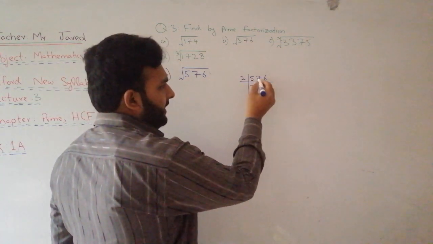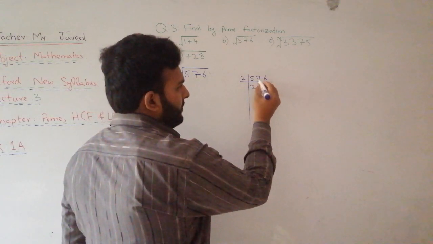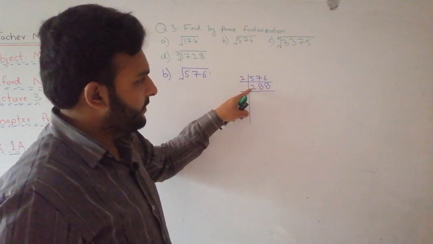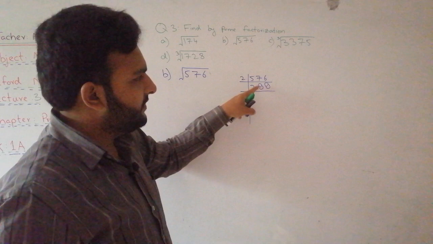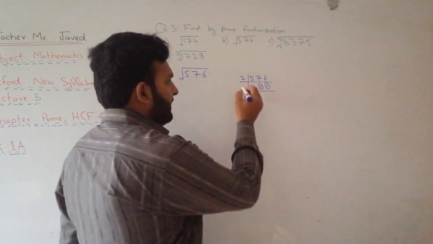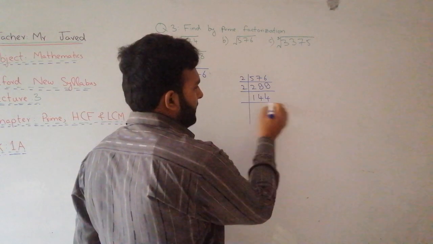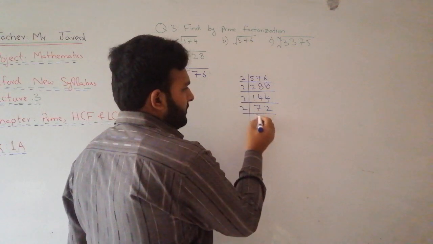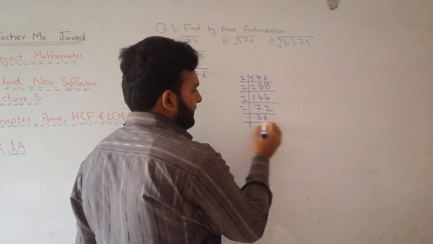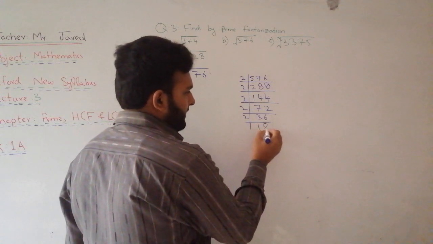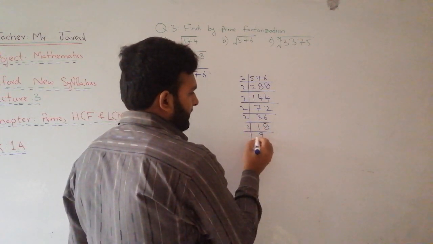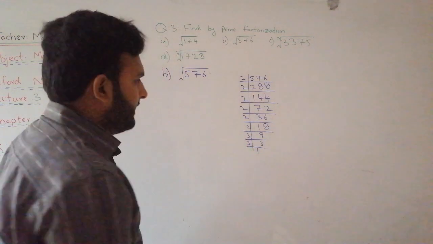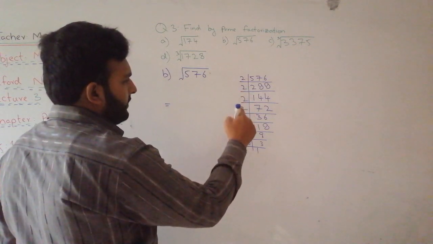2 times 2 is 4, and 2 times 8 is 16, 2 times 8 is 16, like this. I will repeat for you. 2 times 2 is 4, 1 remains here, 17, 2 times 8 is 16, 1 more, 2 times 8 is 16. Again 2 times 1, 2 times 4, 2 times 4. Now we will do this again. 2 times 7 is 14, 2 times 2 is 4, 2 times 3 is 6, 2 times 6 is 12, 2 times 1, 2 times 8, like this. 2 times 9, then 3 times 3, and then 3 times 1, like this. It has been done. So 1 2 3 4 5 6.